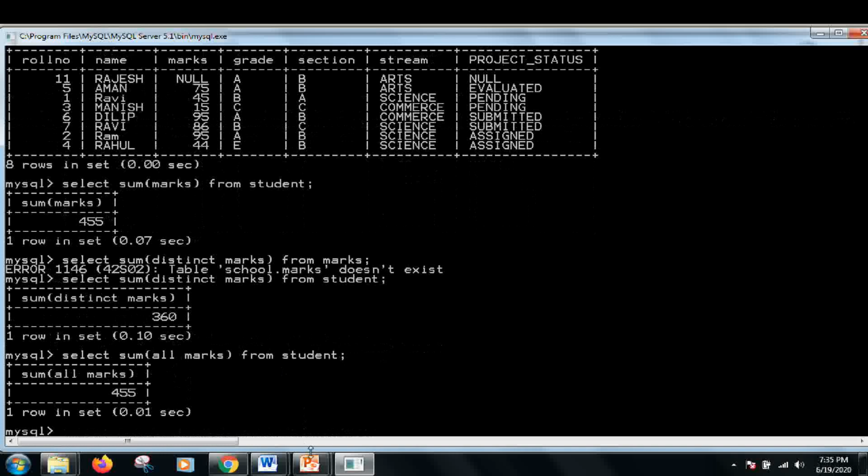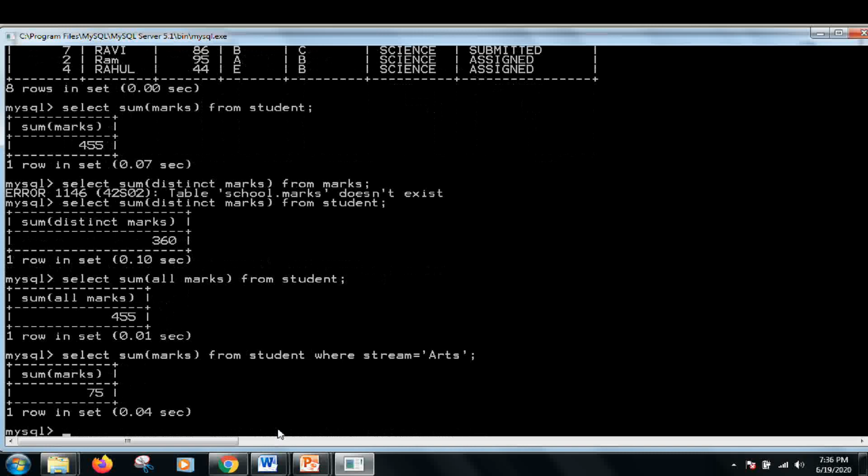I hope you have understood the sum. You can apply conditions also with this sum. For example, you want the sum of the marks of only those students who are in stream arts. So you can do this by writing: select sum of marks from student where stream equal to arts.